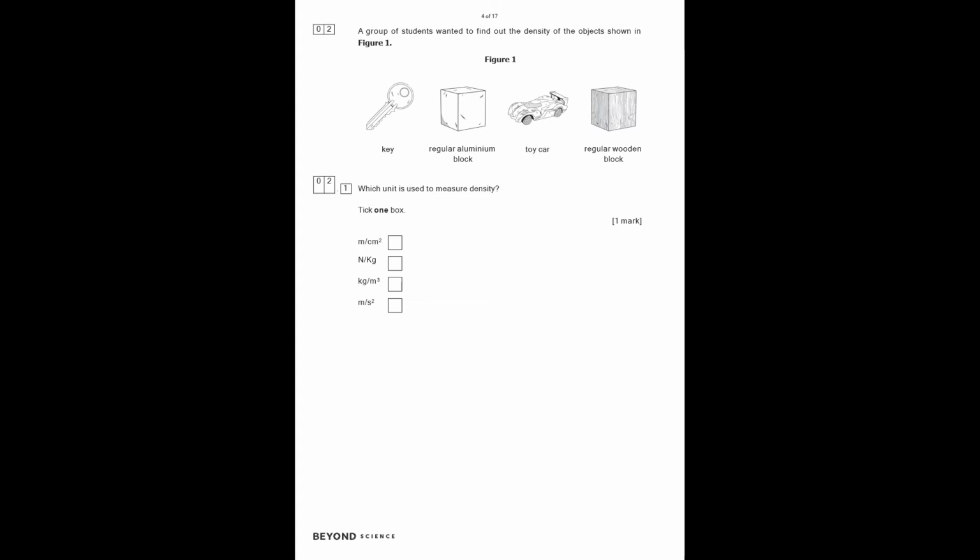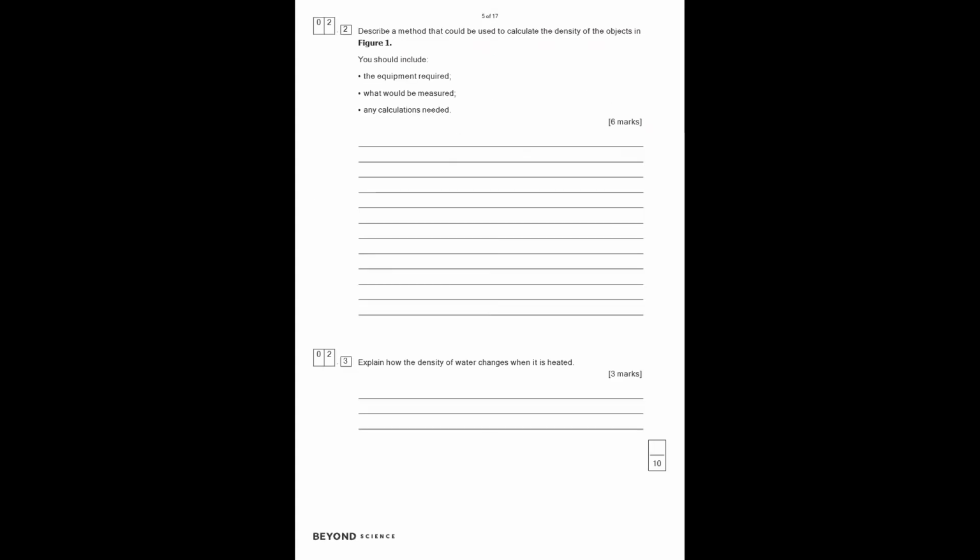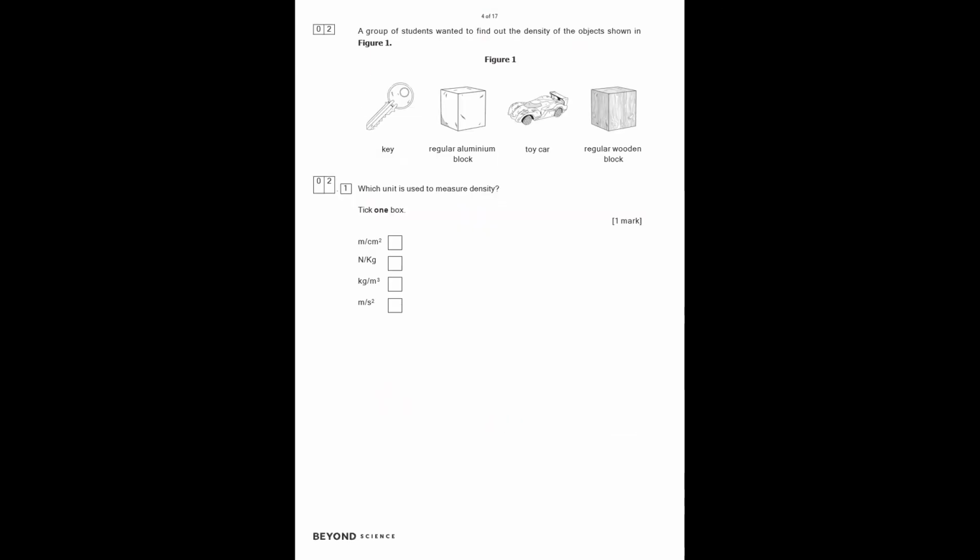Okay, so question 2 on paper 1. This time it looks like we're going to be talking about density. Indeed, we're going to be talking quite a lot about density. So a group of students wants to find out the density of the object shown in figure 1. We are given a key, an aluminium block, a toy car, a regular wooden block, and we're then asked for